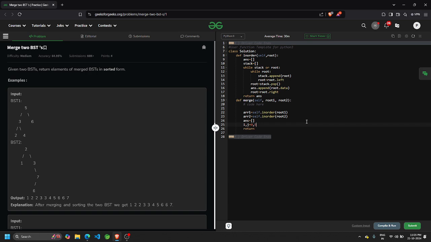And we'll have two pointers, i comma j, pointing to currently 0 comma 0, and while i is less than length of array 1 and j is less than length of array 2, we will compare the elements at array 1 at position i and array 2 at position j. Like if ARR1 at the position i is less than ARR2 at the position j, that means that the value at ARR1 is smaller. And since in-order will always give you sorted arrays, it will actually be sorted. And after this comparison, we know that ARR1 at the position i is smaller. So what we'll do,